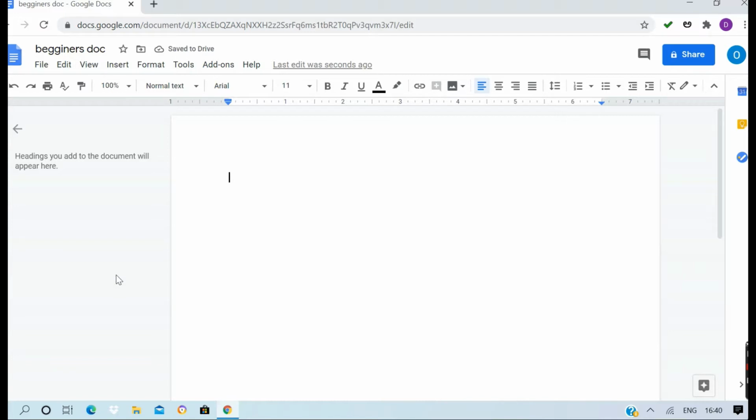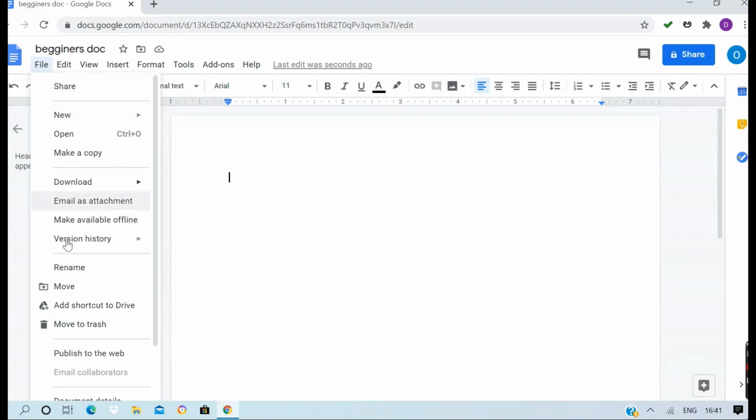one more thing is anything you do in Google Docs or Google Forms or any Google applications, they are automatically saved to your drive. Any edit or anything, they're automatically saved to your drive. So let's see what this File menu is.